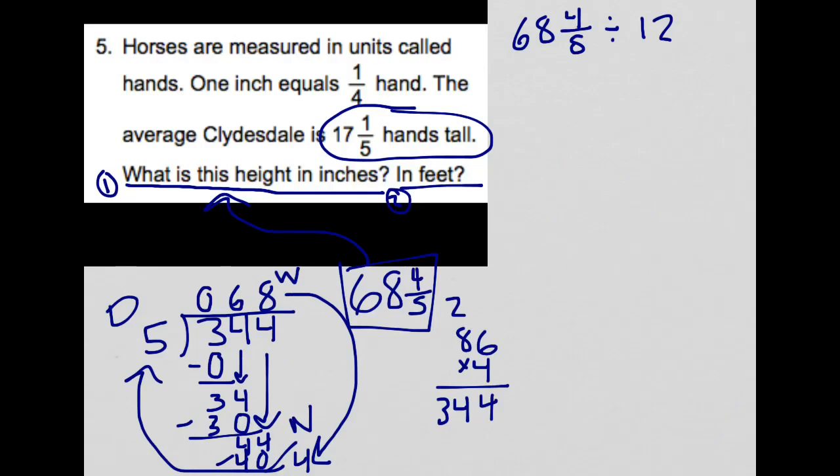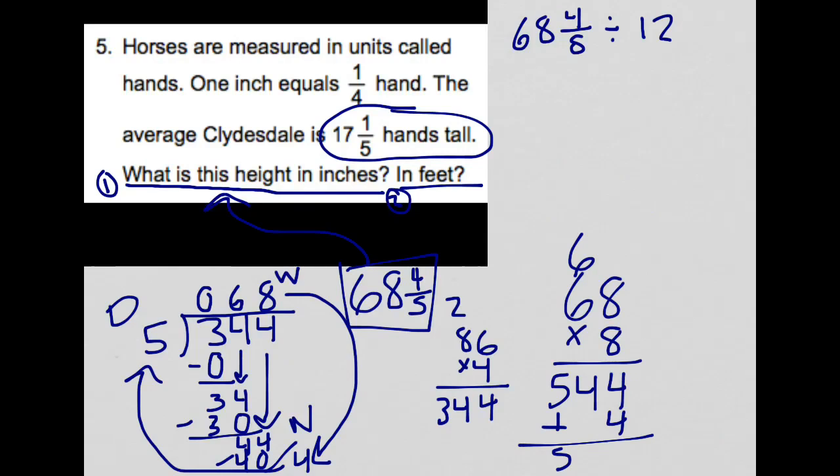So 68 4/8, let me do 68 times 8 first. 8 times 8 is 64. 8 times 6 is 48, plus 6 is 54. And I need to add in 4, which is my numerator. So 4 plus 4 is 8. 4 plus 0 is 4. And 5 plus 0 is 5. 548 over